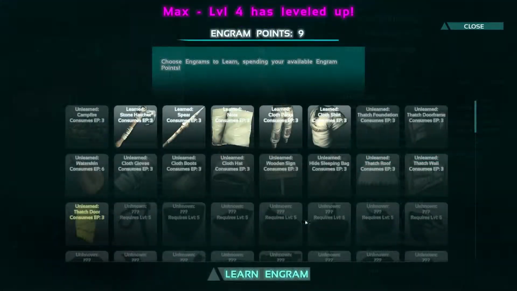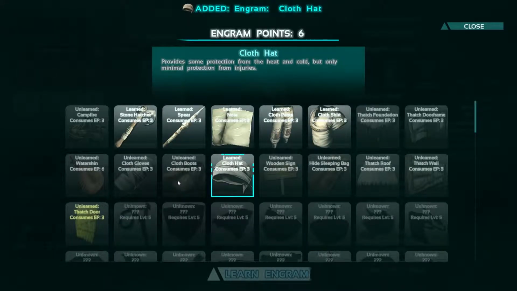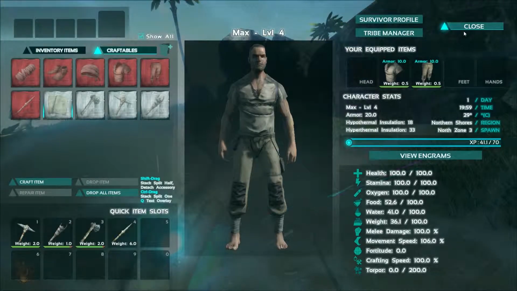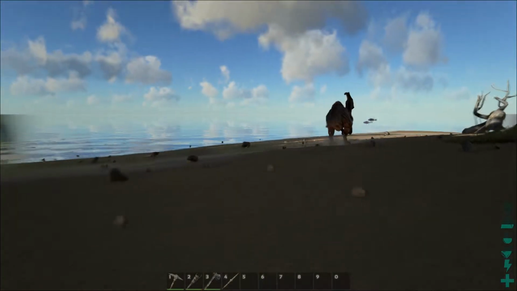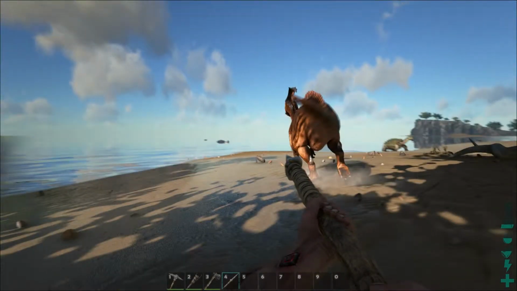Bam. Okay, so we're going to take some more movement speed. And then we're going to grab the cloth hat, the boots, and the gloves. The reason we want those is, of course, because we need the protection from the elements that we get from having those. Now, the catch is that some of those also require us to have hide, and hide is somewhat